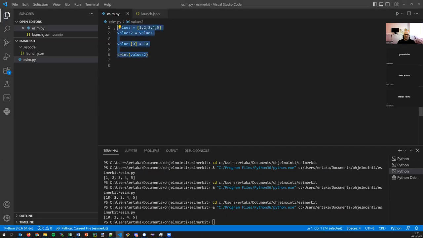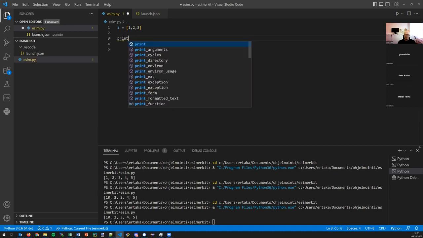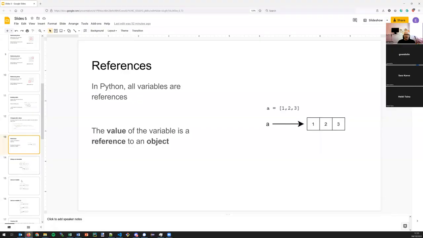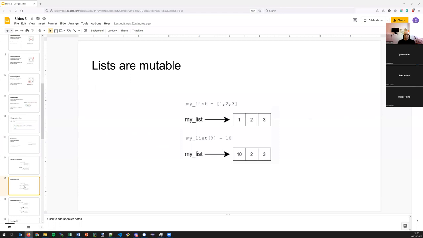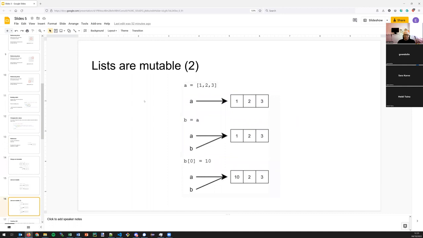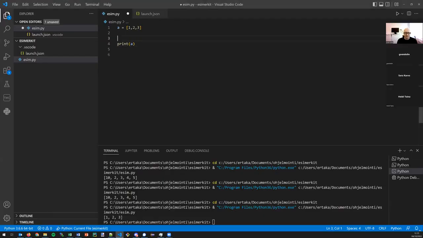Let's make the same exact example. It might be easier to follow. a equals 1, 2, 3, and now if we output the list referenced by variable a, we get access to the original list containing values 1, 2, and 3. So this is what we've been doing since week 1. Now, because lists are mutable, it's different. Here's the example. Now if I type another line stating that b equals a,